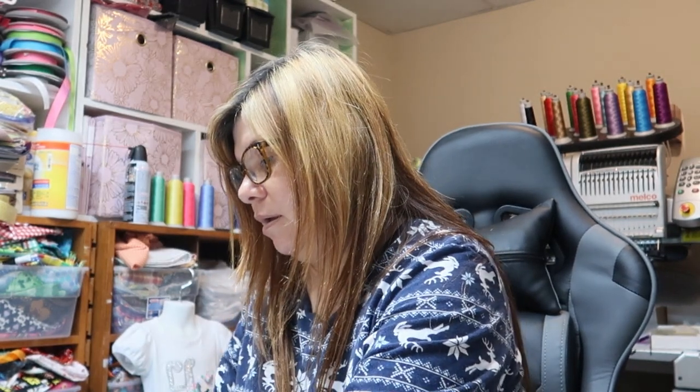Now I'm examining this shirt because, oh, it makes me so mad. If you only had a few shirts to do, you'd be like, okay, I gotta remake that one. But I'm at the point where I've got I don't know how many shirts to make tonight, and ribbon trims, and I gotta redo this one. So